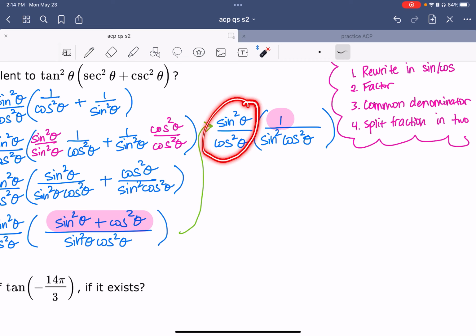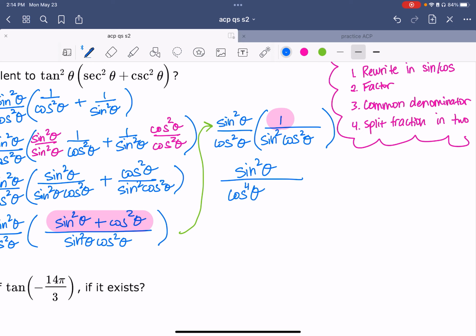Notice that you just have one fraction times another fraction. So all you got to do is multiply straight across the top times the bottom. So the top would just be sine squared. The bottom, you have cosine squared times another cosine squared. That's going to be a total of 4 cosines, and then you have a sine squared. This sine squared cancels out with that sine squared, so you're just left with 1 over cosine to the power